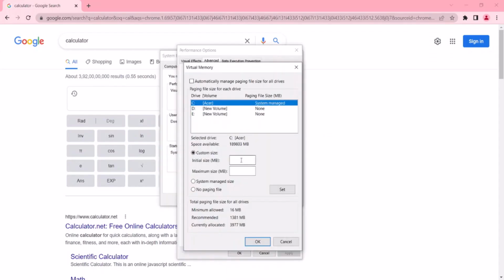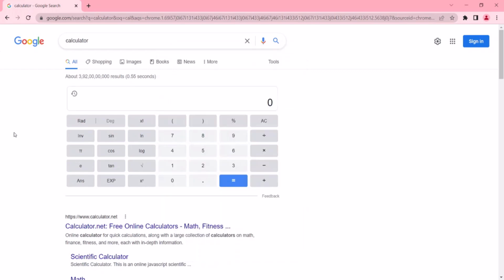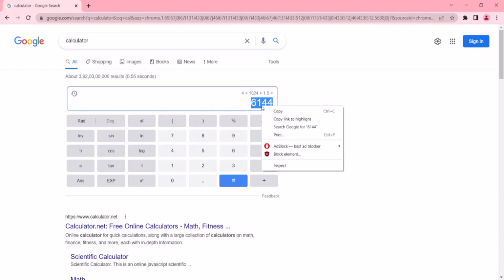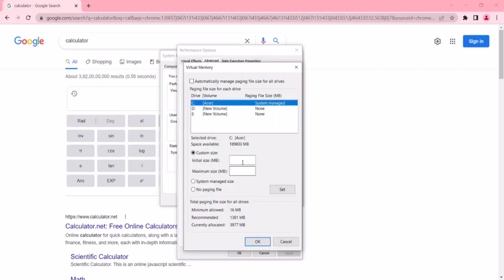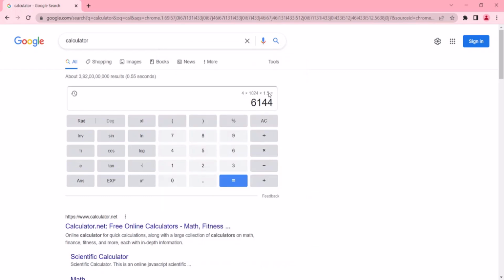Okay, so in the first section where it says initial size, let's say I have 4 GB of RAM, and that multiplied by 1024 multiplied by 1.5, that is 6144. Enter this, and in the maximum size